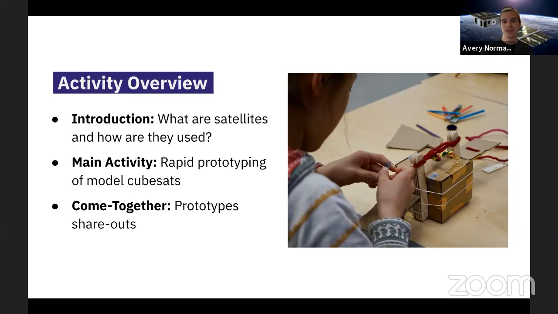There's then a main activity, and this is the rapid prototyping of model CubeSats. And there's an example on the right, a rather advanced prototype. And then we have a come together, or a gallery walk, of sharing out prototypes and circumnavigating the class or space or the library setting and discussing all of the engineering challenges. And